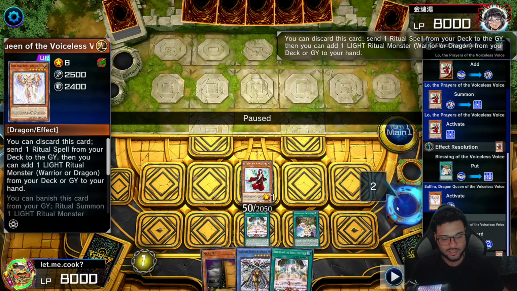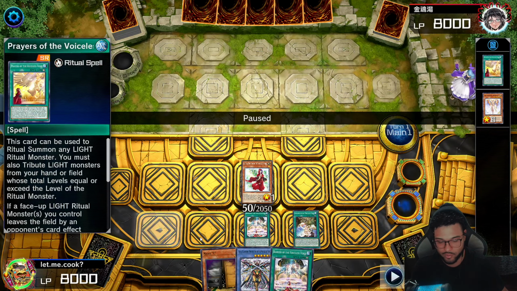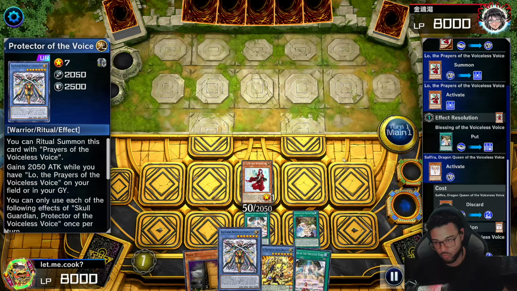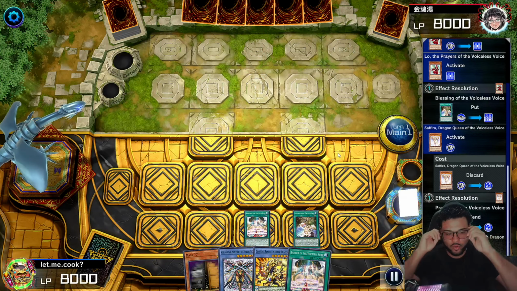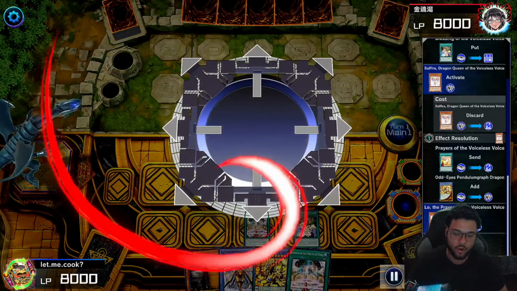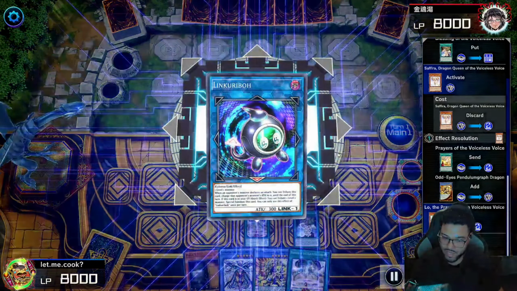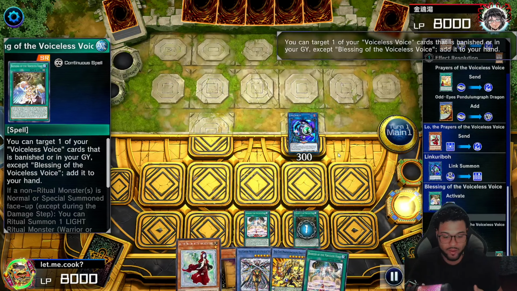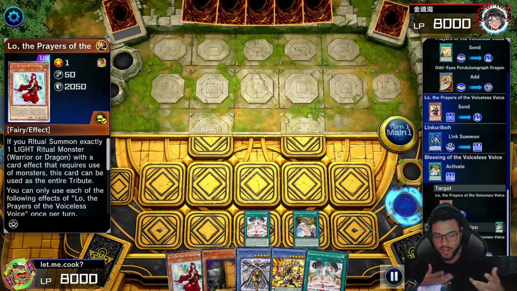the Saphira, send a spell to the graveyard, specifically the prayers, right? And we already have the Skull Guardian in the hand, so we're gonna search out the graph here, the pendulum graph. We're gonna link off the low into a Link Karibo, and we can only make this play here because we have the blessing, right? So we could activate the blessing, bring the low back to the hand, and then we could use the Link